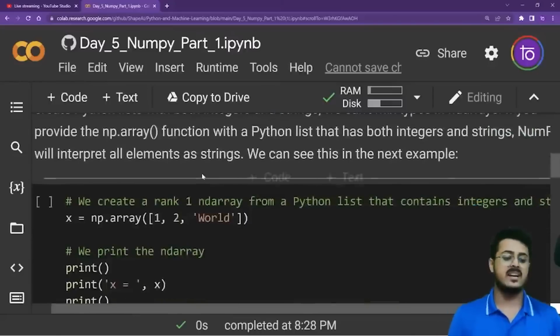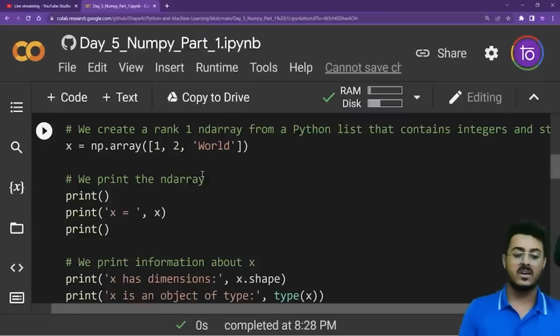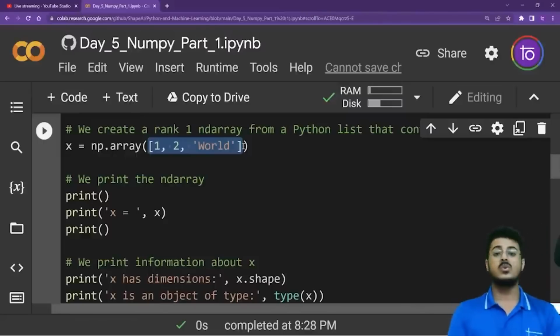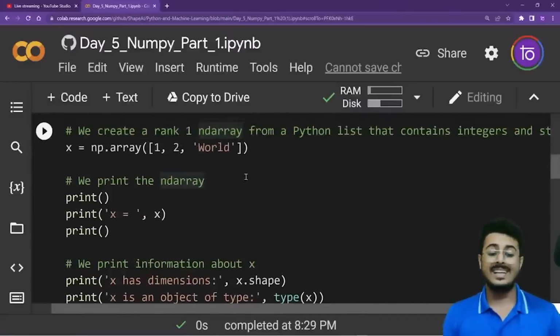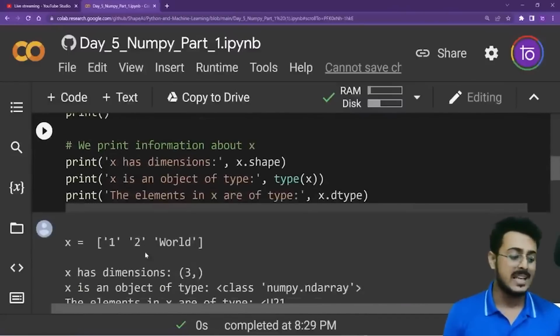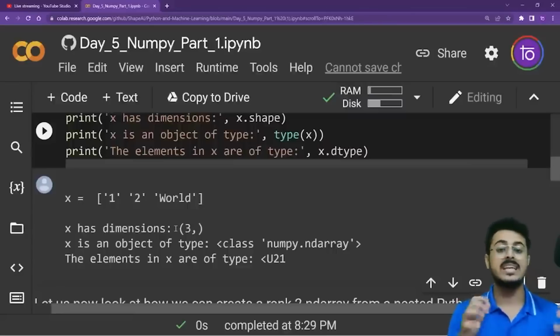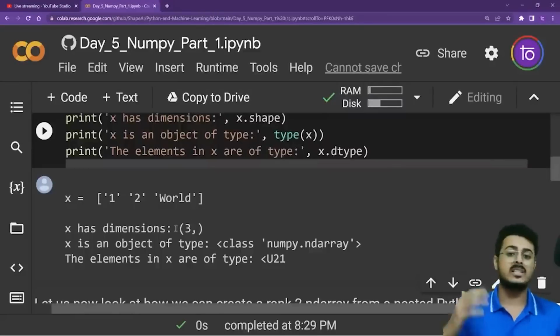So what happens if we try to put multiple data types inside of it? We are having a multiple data type list right over here, 1, 2 and volt. If I run this line of code and try to convert it into an ND array, you are able to see that all the elements, even the integers, got changed to strings. Now what will happen is whatever is the most prominent